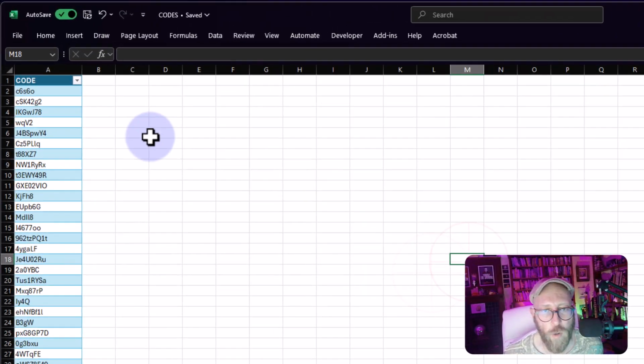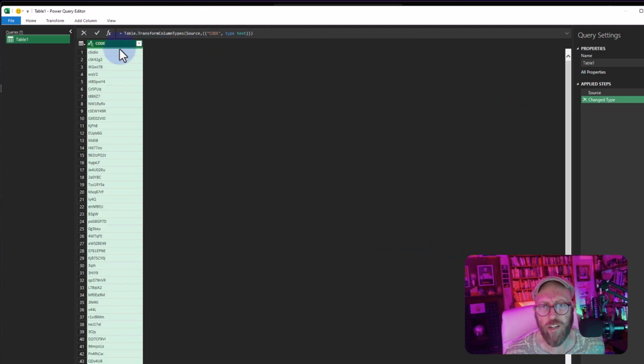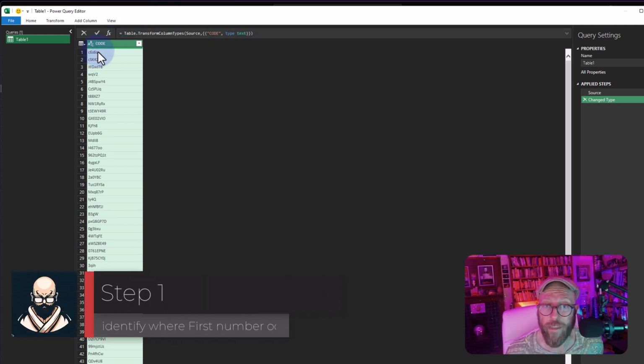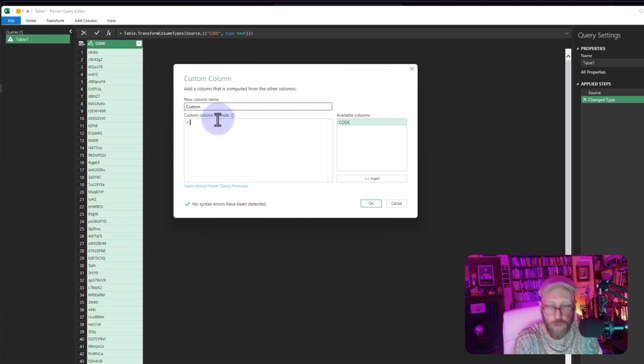All right, as always, you click on your data set, you go to Data, and you say From Table or Range to suck it into Power Query. And you can see it already picked it up as a text field. That's it. First thing, I want to identify where the very first number occurs. So I'm going to start adding a column, and we're just going to call it custom, and I'm going to use